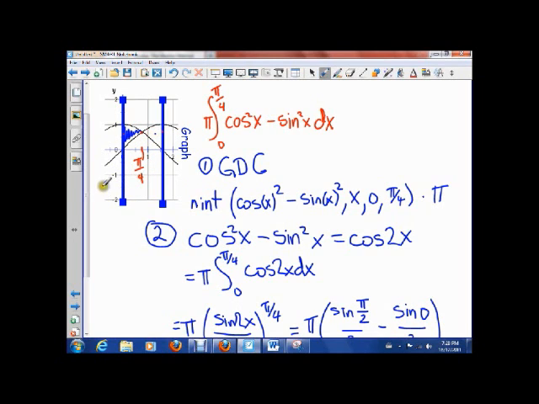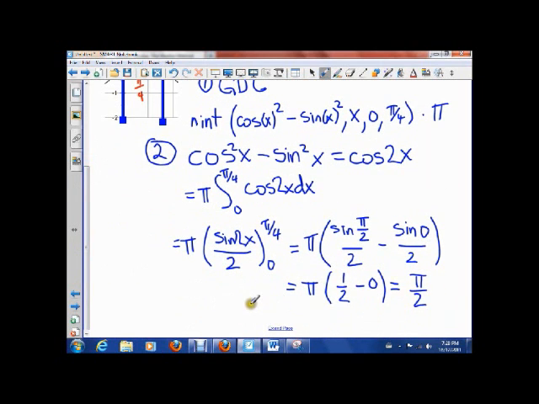Volume 2, I'm going to leave you to do. It would go from pi by 4 to pi by 2,